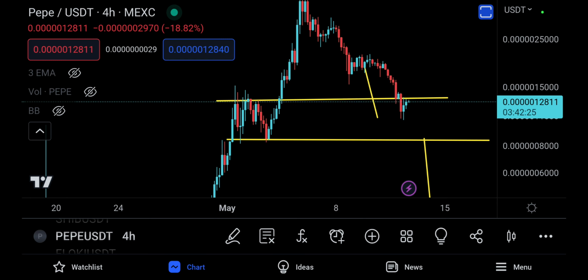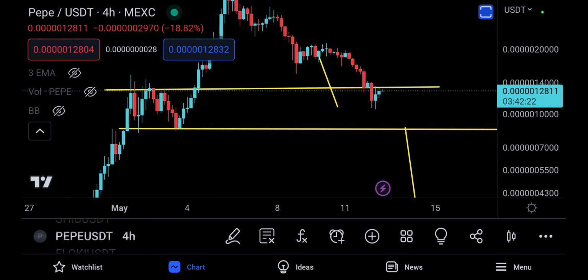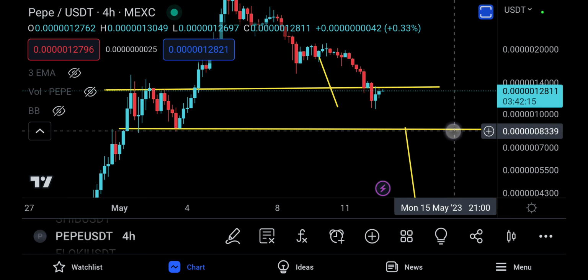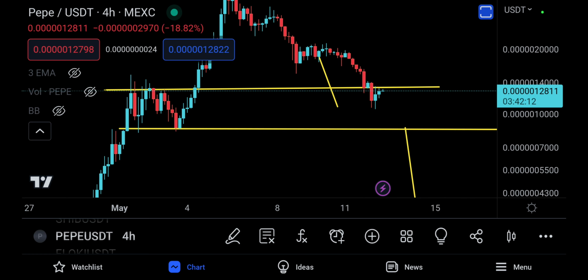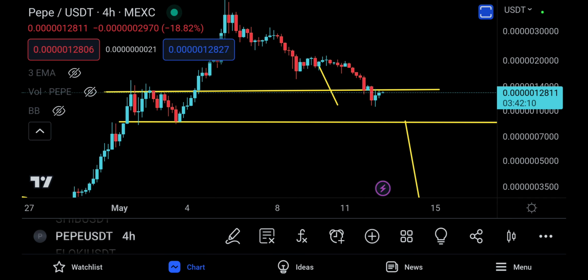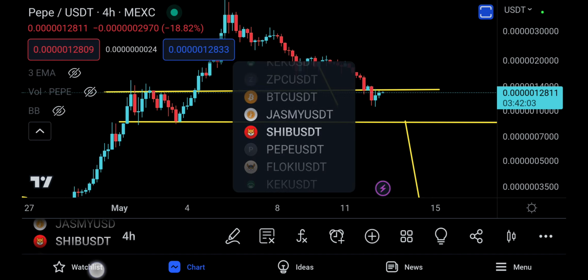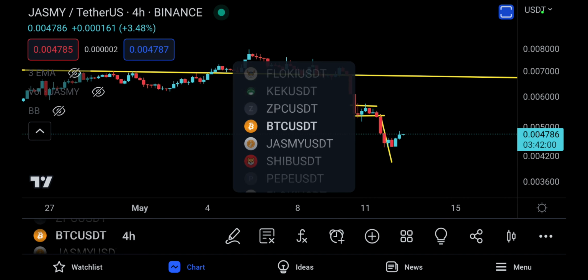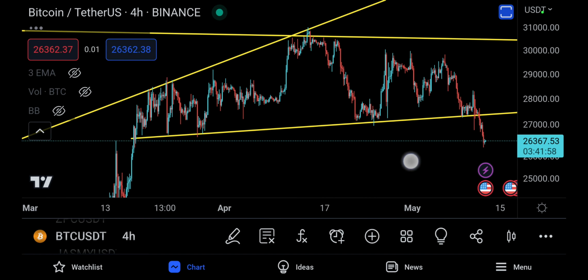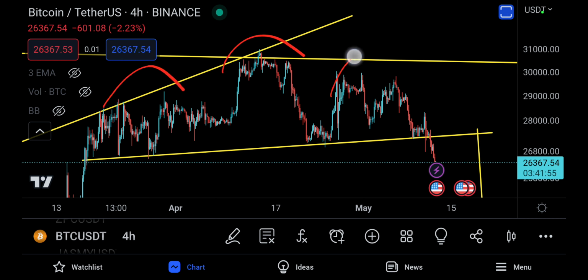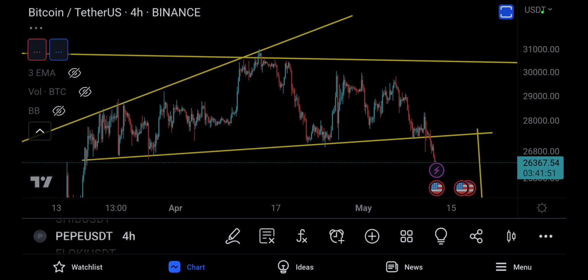So you have a resistance that is not being held, and that is where the issue falls in with Pepe. Now, even worse, let me give you a heads up. If you see Pepe coming down from here again and lose this price, which is going to be 8,300, you're sitting at 12,000 at the moment, and you come down, and I do think you can do that. Bitcoin is on a technical journey to go to 24,120. I'm going to show you Bitcoin very quickly so that you may understand what's going on. You have this left shoulder, head and the right shoulder. So this is where Bitcoin is looking to go to 24,000. That's the reason why it's looking to go down.